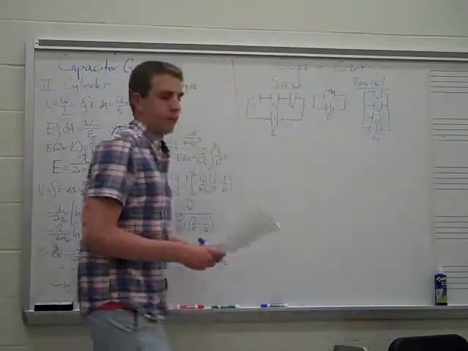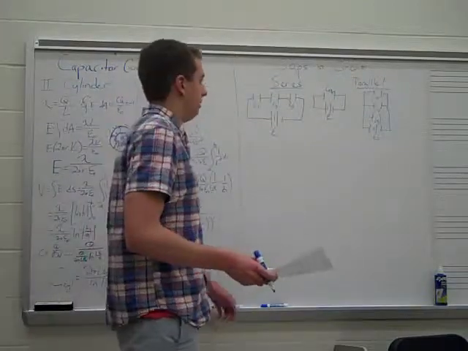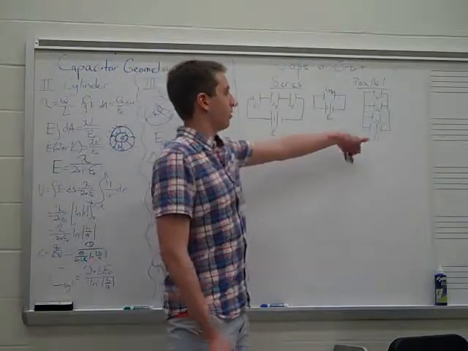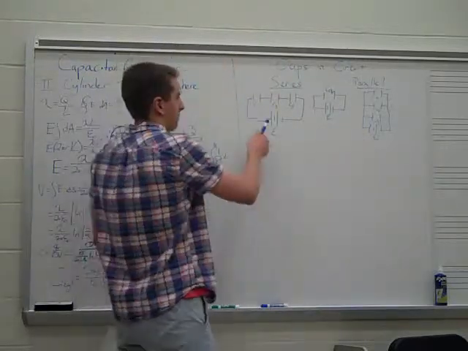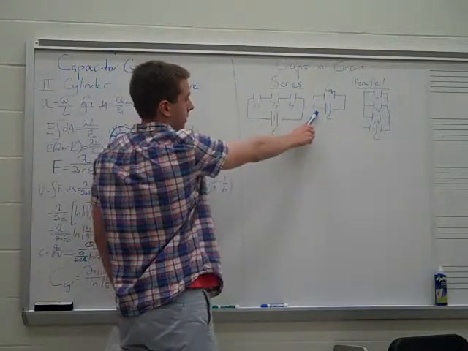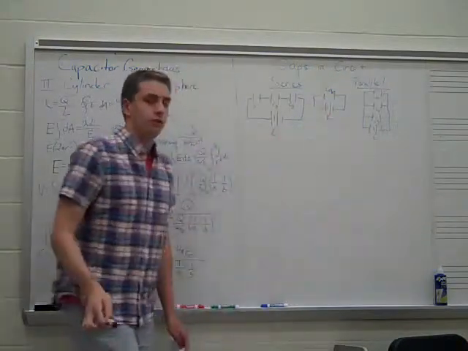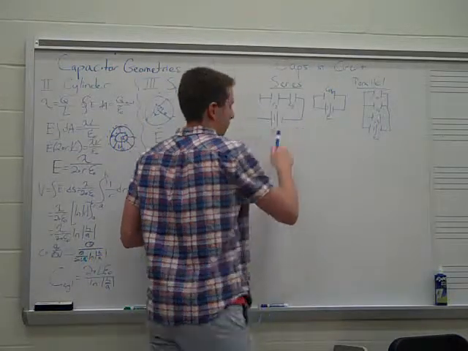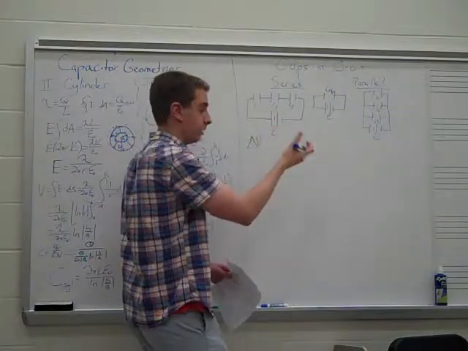Alright, the next thing I'm going to talk about is when you put caps in circuit. Now we're going to figure out what exactly the pattern is for when you have them in series or in parallel. When they're in series, we know that the voltage drop here, when you compare it to our equivalent circuit here, the voltage drop over all three caps must equal the voltage drop over that one cap. So we're going to say that, because the EMF in both of them is equal,